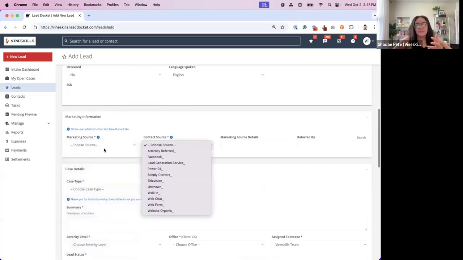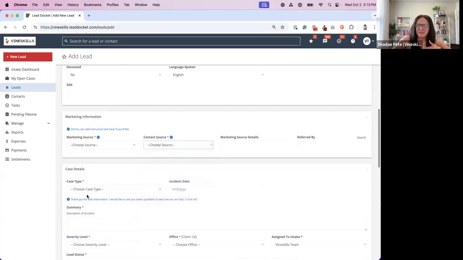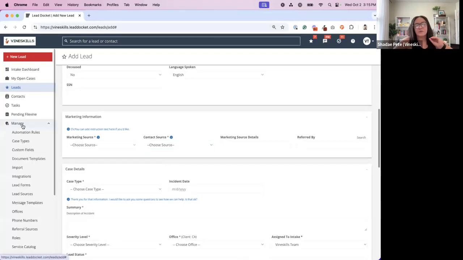Firms are using these in different ways, but the same thing that's always going to be true is you'll need to update them, and that's removing and adding. Much like how we ran into our summary box, it's not a custom field. This was built into Lead Docket. So in order to update these values, we need to go to Manage, Lead Sources,